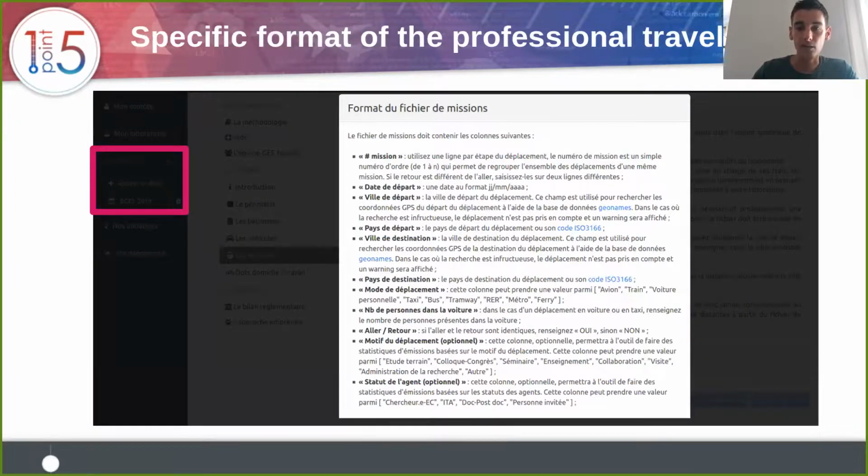The main idea is to have this information, like the city and country of departure, but also the arrivals. We also collect some travel modes and some metadata to perform some statistics, like the purpose of the travel or the worker status.